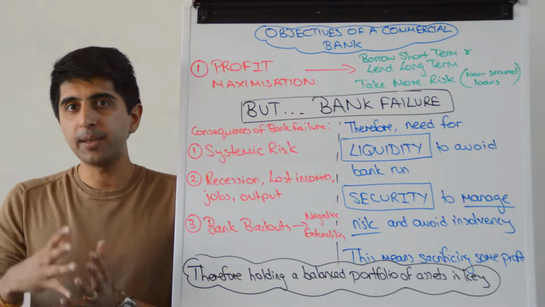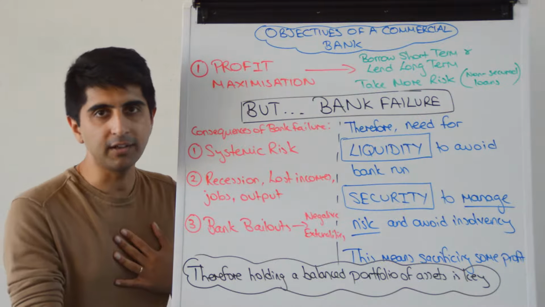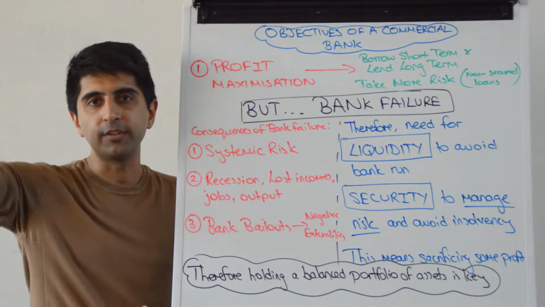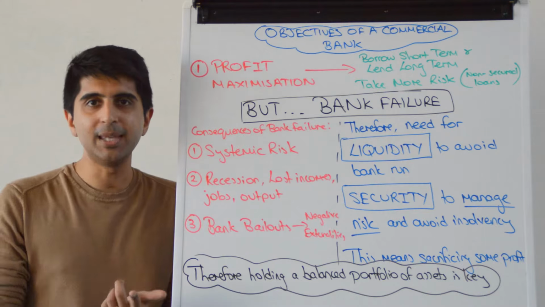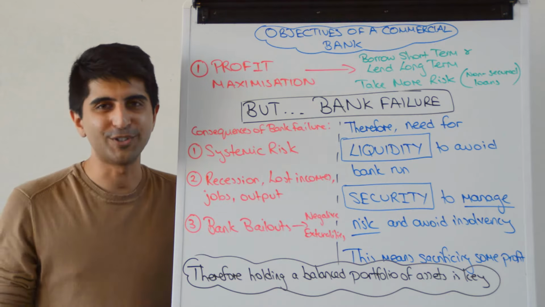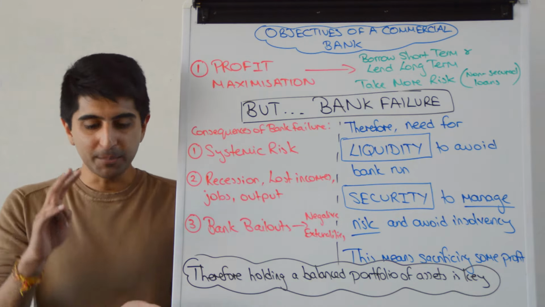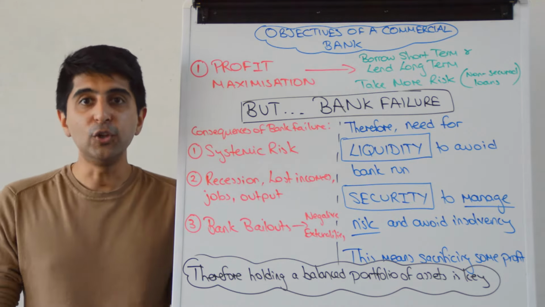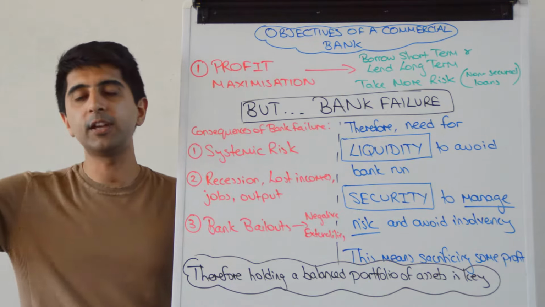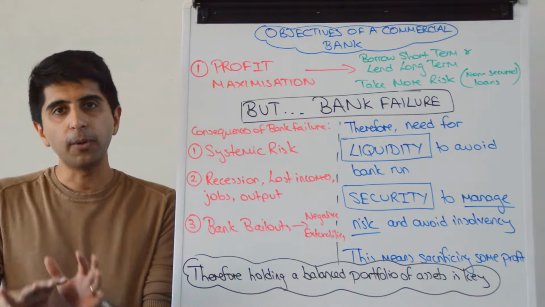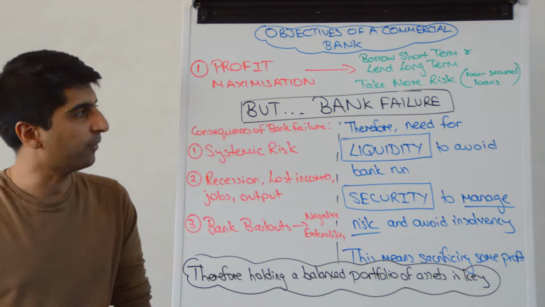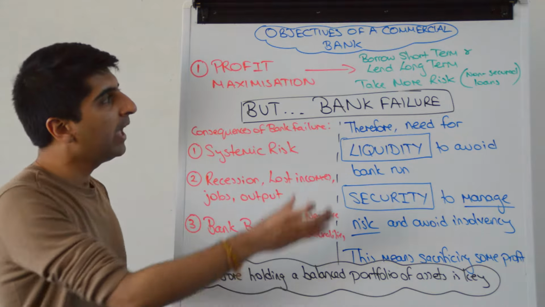Now, shareholders are very important because you as a commercial bank manager, right, you are liable to your shareholders. If you're making loads of profit, you're going to keep your job. If you don't, you might lose your job. If you're making loads of profit, you might get a higher salary, great for you. You might get more perks, great for you. That all is going to be determined by the shareholders. So profit maximization is very important for that reason, because you've got shareholders.